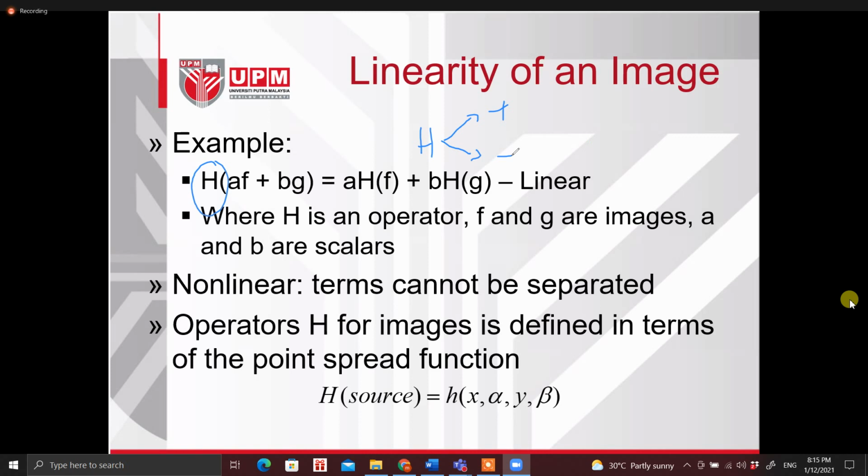So that H, that particular H, we call that a point spread function. So why do we call that a point spread function? Because the best and ideal situation is if at the source level you have a point, and at the detector you can detect that as 1 point. So we discussed last time that